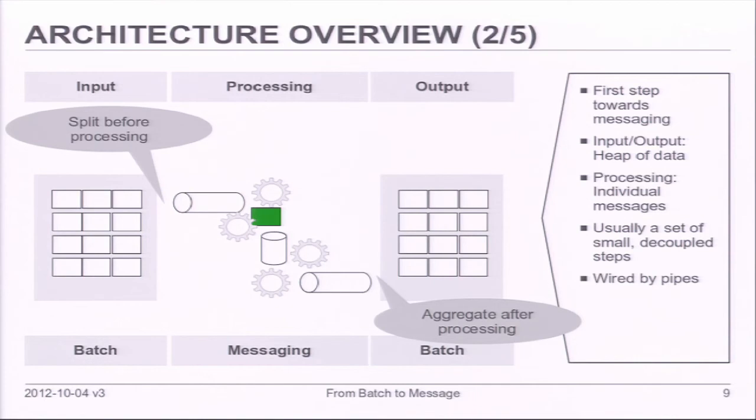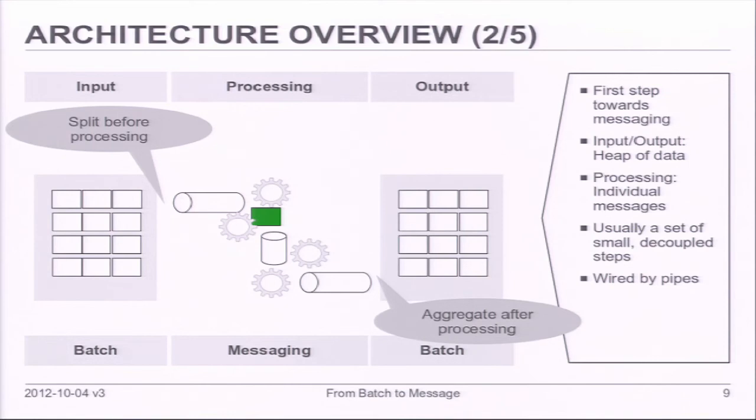So what do you have to do for this? Basically, you need to split the input. So if you have files or whatever as input, then you could split it into single rows, into single data records, and then let them enter your processing flow.